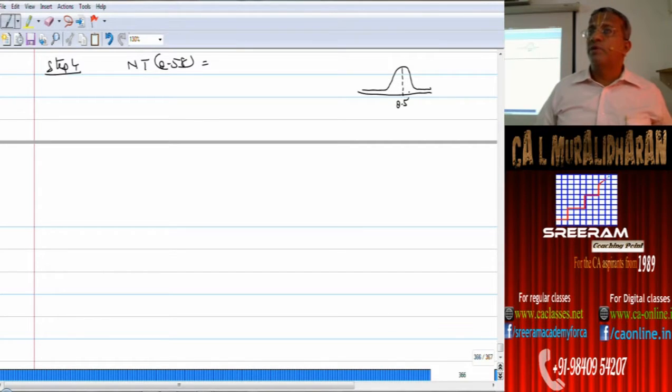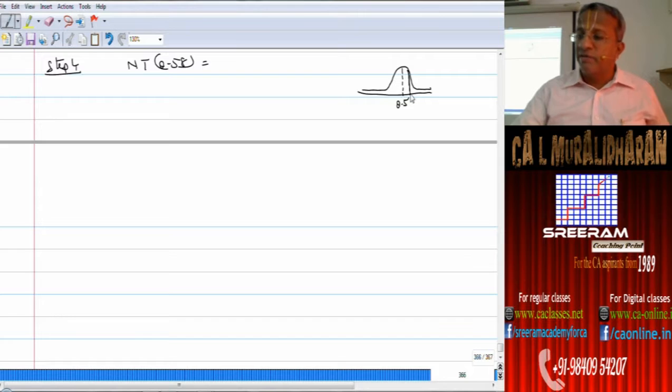The probability that the project will end up with an NPV of 10,000 rupees greater than the mean NPV would mean these numbers should be here. The probability that you will end up with a negative NPV would mean you will have zero NPV. Any area in this particular stage we will be shading. So for the probability that you will end up with a higher NPV, you have to take the 0.5, to which we will be adding this area. So probability is equal to 0.5 plus the normal table value of Z.